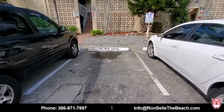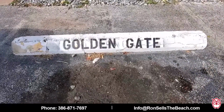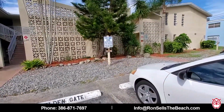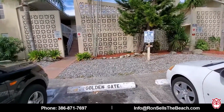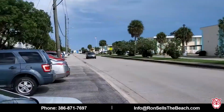Well, here we are at the Golden Gate, and you know where you are because it says Golden Gate. Now, we do not have assigned spots here or guest spots, so you have to be an owner here or you're going to get towed away, which is pretty popular around here. So on today's beach house tour, we're going to let you know that